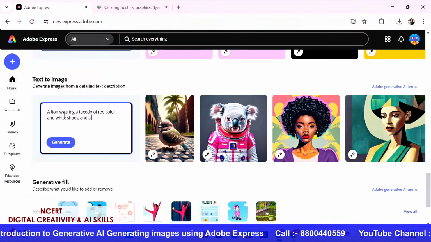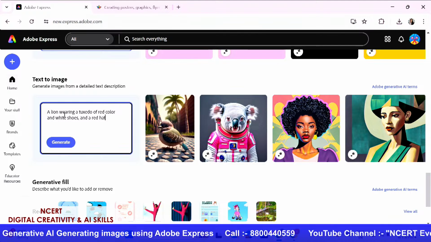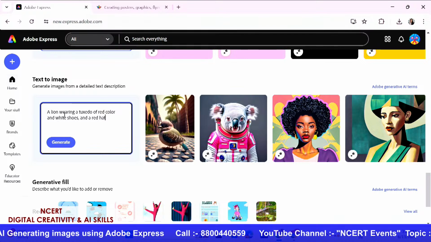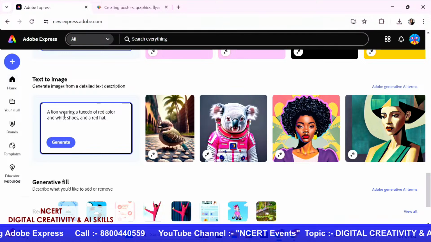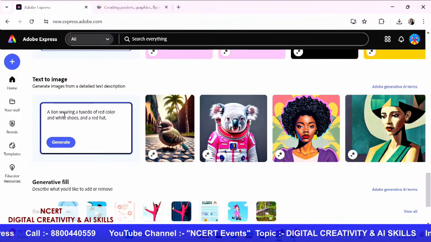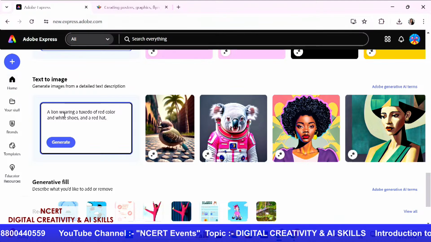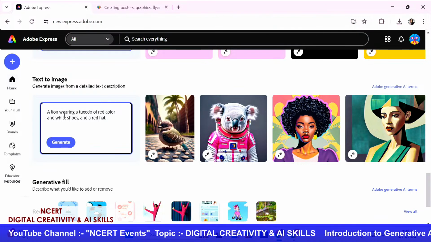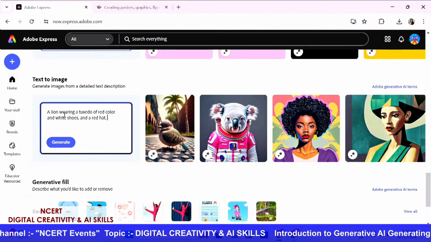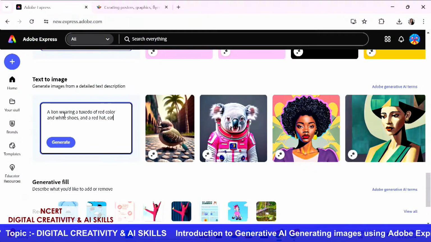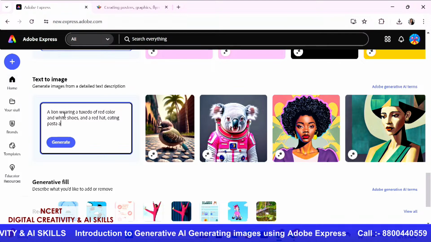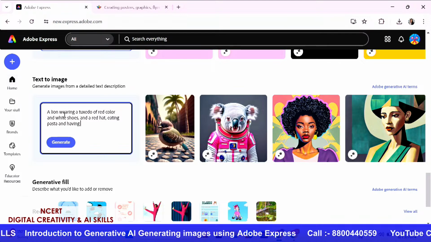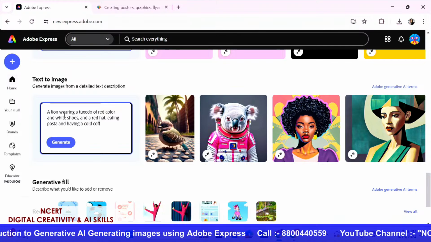And a red hat. So as you can all see, I'm writing my prompt while I'm asking Simran all of these questions. And my next question is, what do you think the lion is eating or drinking? Give me a nice food item or maybe a drink that you like. Okay, the lion is eating pasta, and maybe drinking or having a cold coffee. Okay, eating pasta and having a cold coffee. All right, thank you.